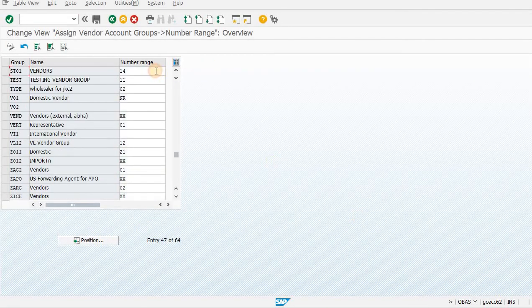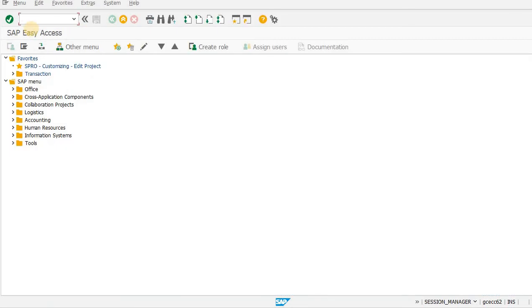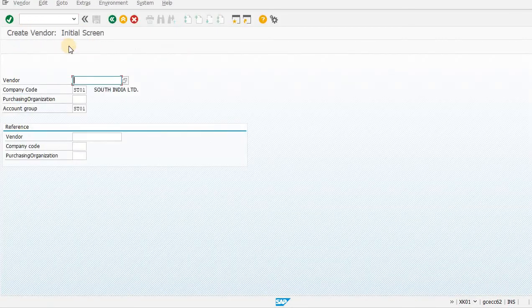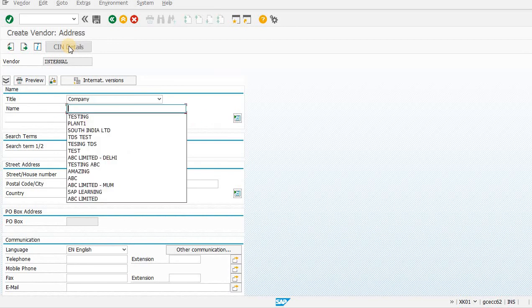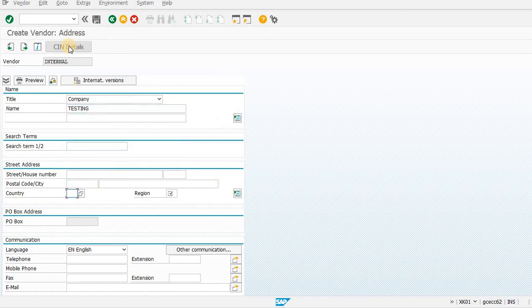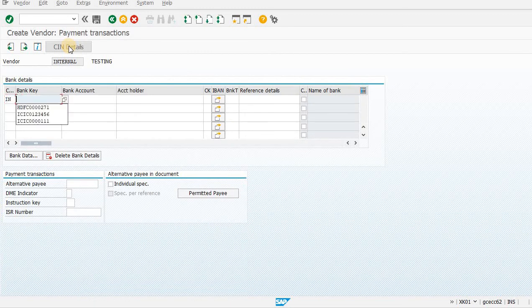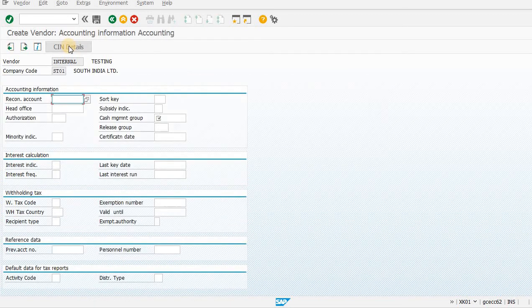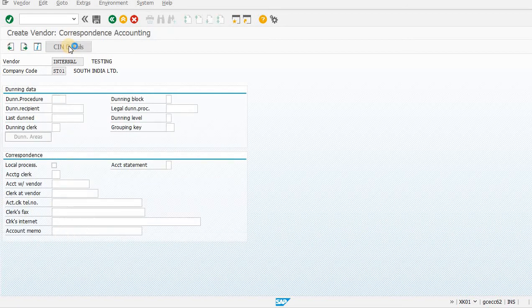We are going to change our sequence. Main testing, then country IN, country next, IN, then reconciliation account, cash management group, and payment term, double invoice, payment method.